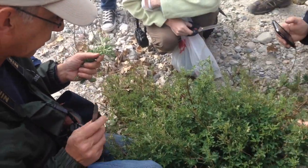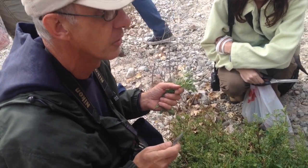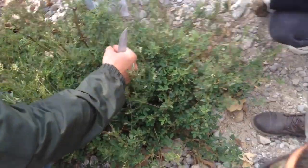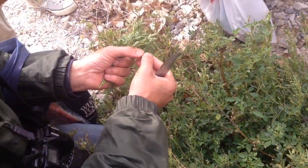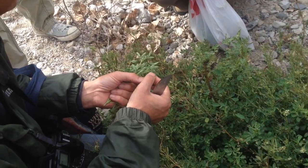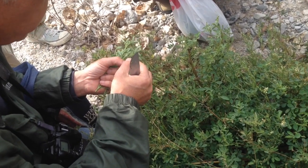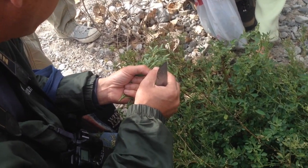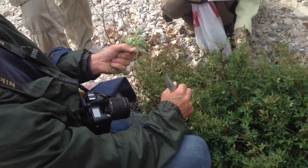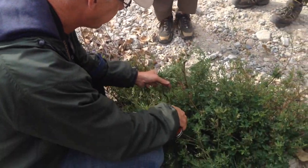Before you take everything, the thing to know, there's always a good thing and a bad thing very often with wildland. That's why you don't find it at the store. What you don't want to pick up are those leaves right there with the white stuff, the white powder on it. The white powder is really toxic. Oh, wow. That's a tough mistake to make. Not a tough one. We actually have the wrong time of year to pick it up. It's not in season. It's really dying. When you come here in two or three months, it's really nice and green, and there is no risk of any of the white powder. The white powder is actually what's used